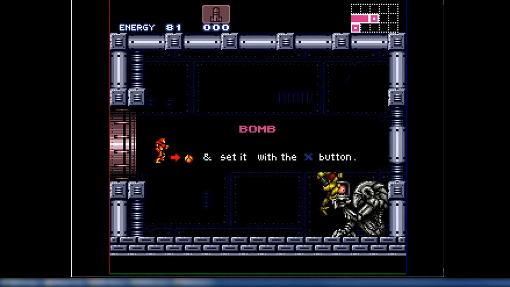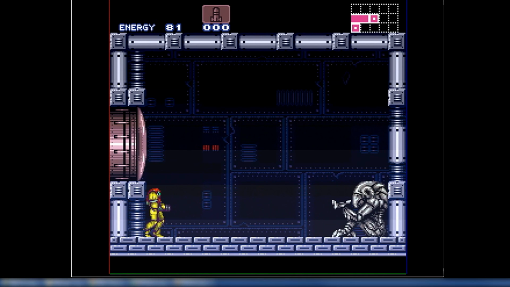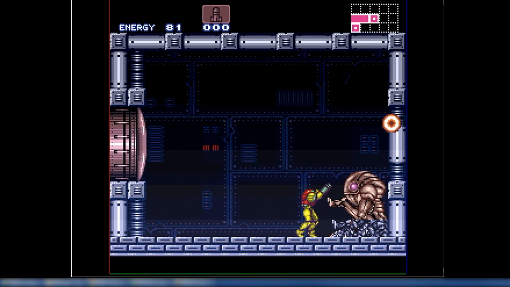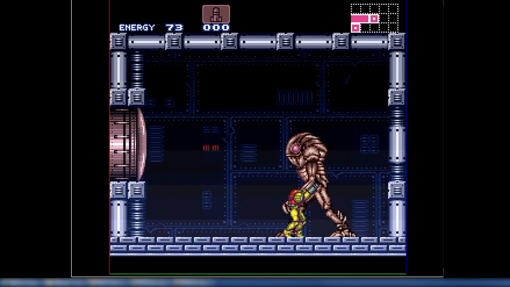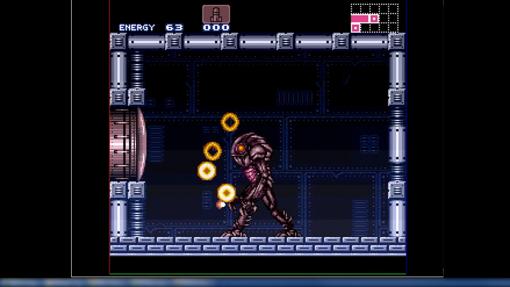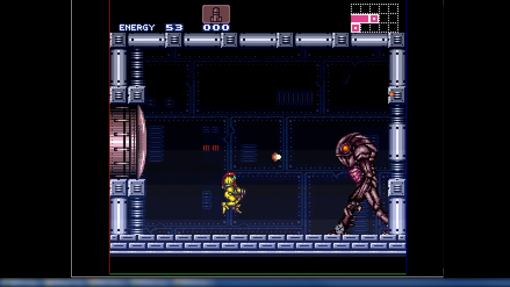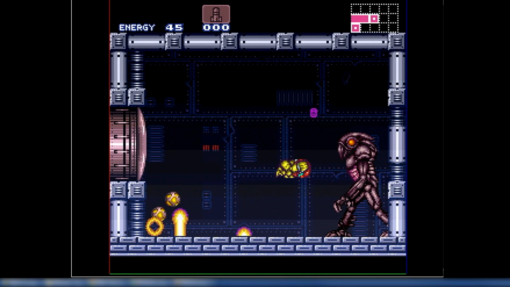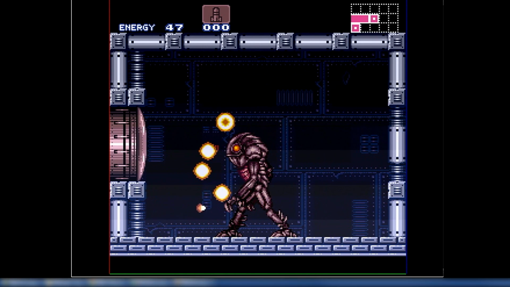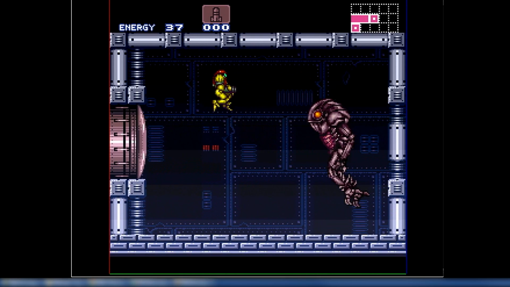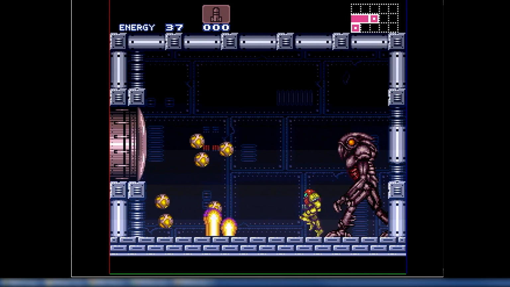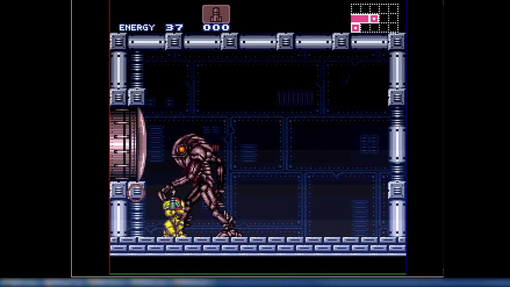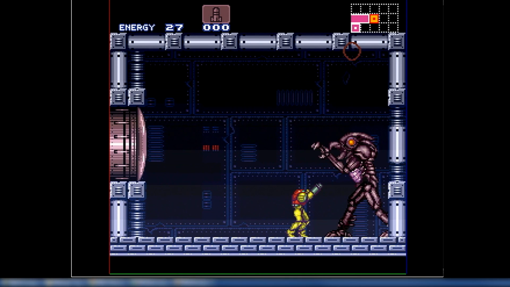Let's see if I get my ass handed to me here. Completely out of missiles, of course. Yeah. Come on. Yeah, gimme. I would like some missiles, please. Oh yeah, you didn't give me anything. Actually, this might be good because